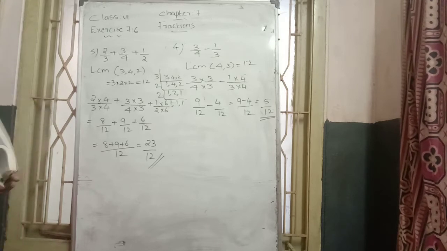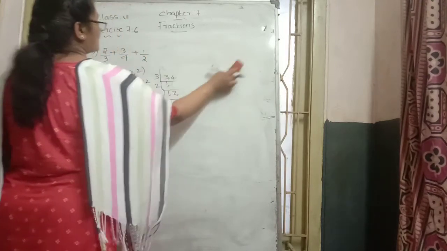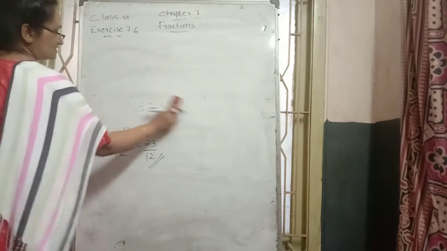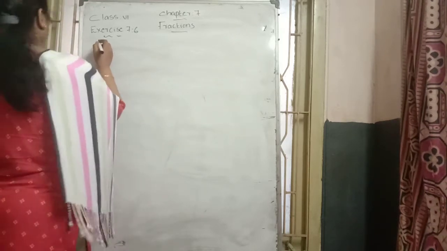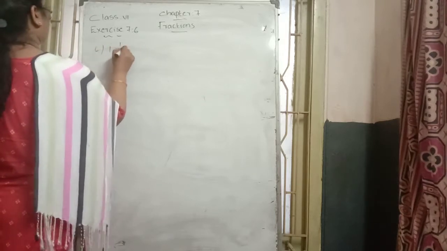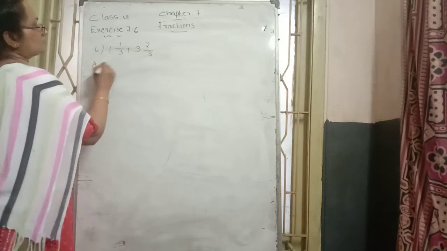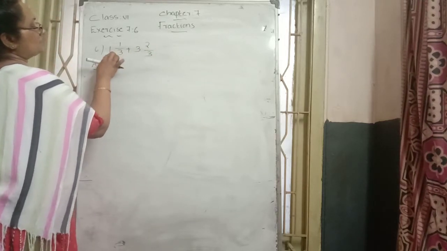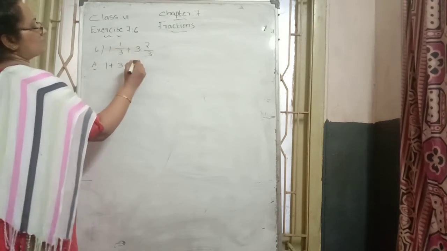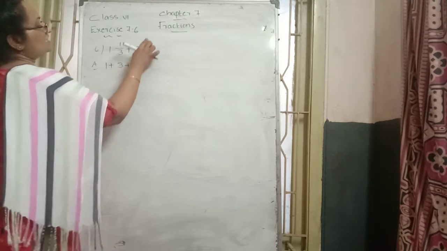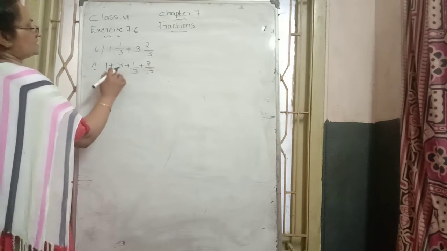That is the procedure. Suppose a mixed fraction type question comes. How to solve that? Mixed fractions are given there. Here, see the 6th question: 1 and 1 by 3 plus 3 and 2 by 3, mixed fractions. For an easy way, we can calculate it as 1 plus, the whole number 1, plus the second term's whole number 3. Next, the first term has fractional part 1 by 3 plus the second term's fractional part 2 by 3, this way.